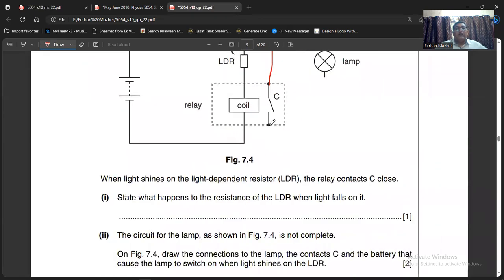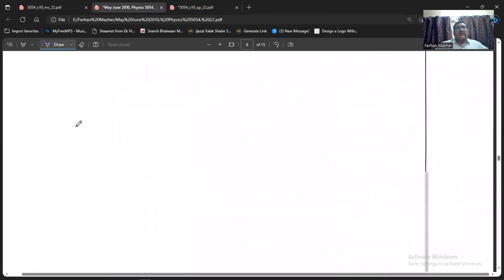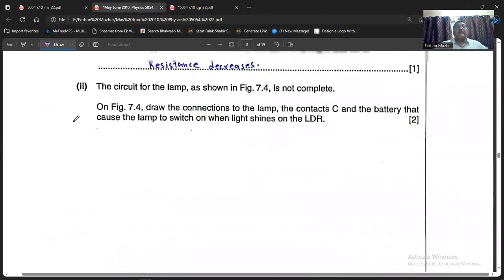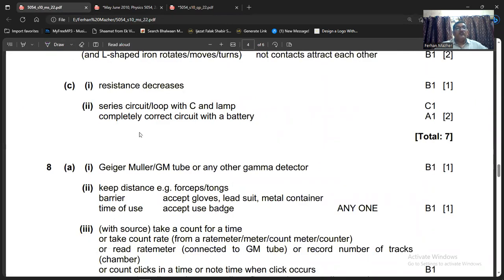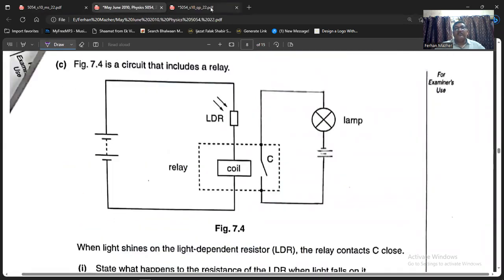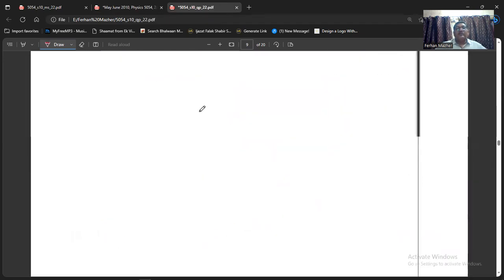Okay, like this. Okay. Let me show you. I have done this. And where is that? Okay, so you can see here, the circuit has been completed. So this is the answer, sir. So we are done with the question number